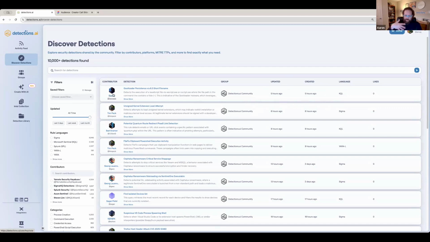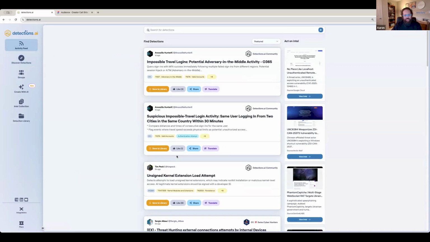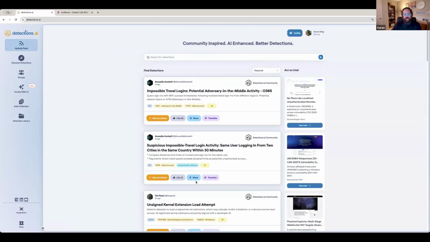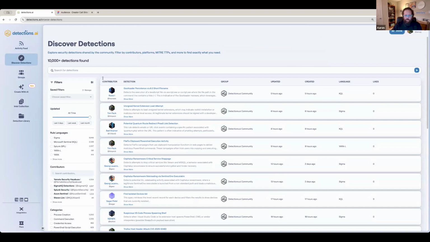We generally focus everything on time. Recency bias is very heavy into what we're doing, including on the main page here. This is based on your contribution effort. So have you contributed before and how recent is it? So you'll see a lot of the stuff that makes the top of the feed is recency bias in the last couple of days. That's usually what people are looking for. Sometimes if things are super important, we'll bring it up a level, but for the most part, it's based on kind of your contribution level and how recent you've done it.